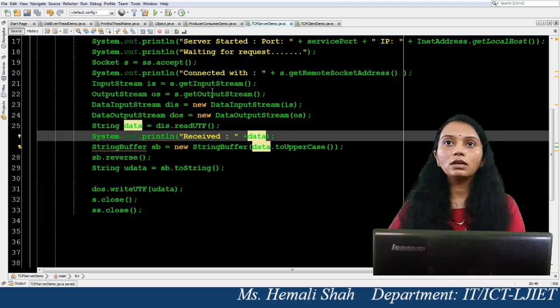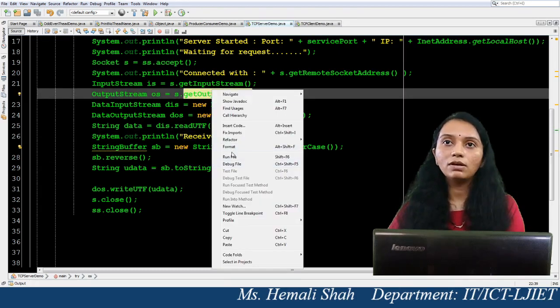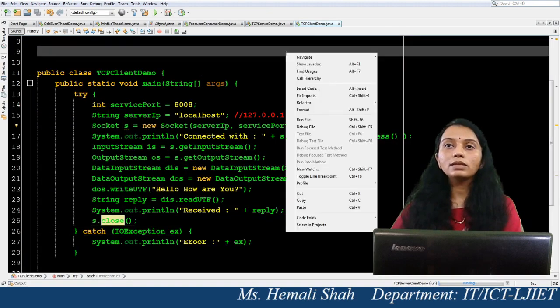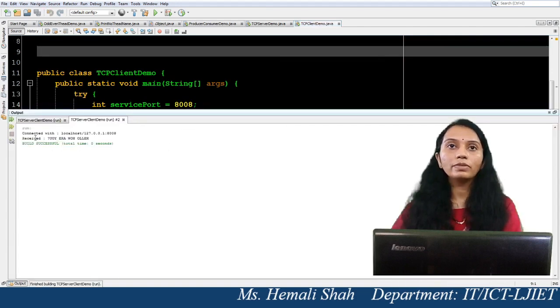So first of all run the server program, because in the server program this accept function is a waiting function, so your program will wait for the client program to run. So when you execute this client program, go inside the client program and run it. When you run this client program, first of all it makes the connection between the two programs. Now this client program sends the data that I have printed in the server program.